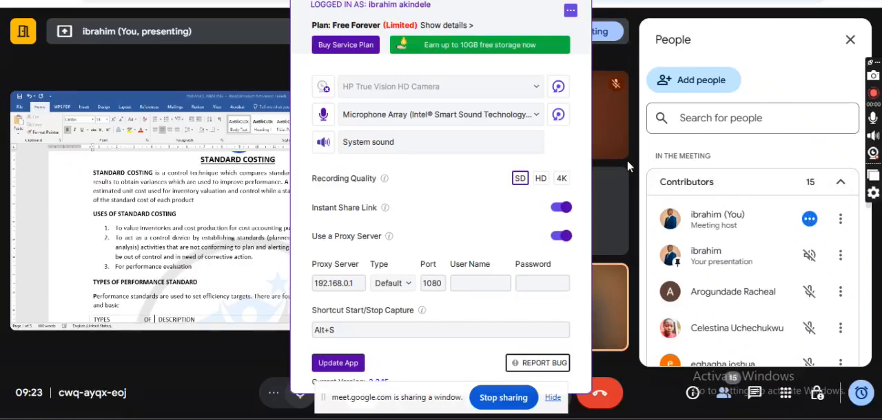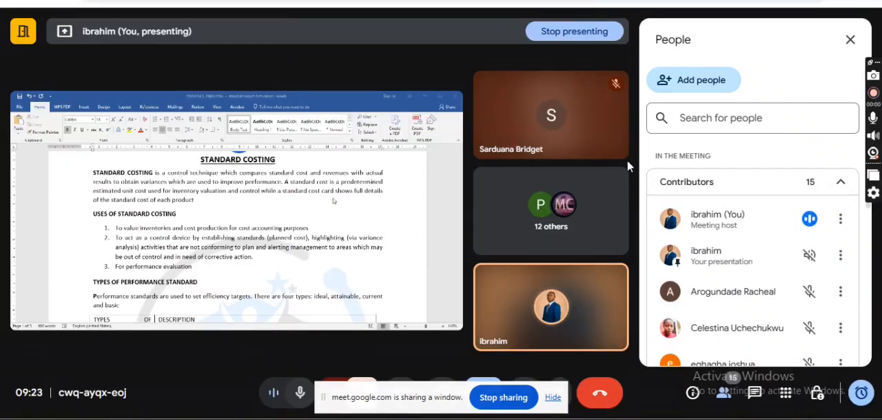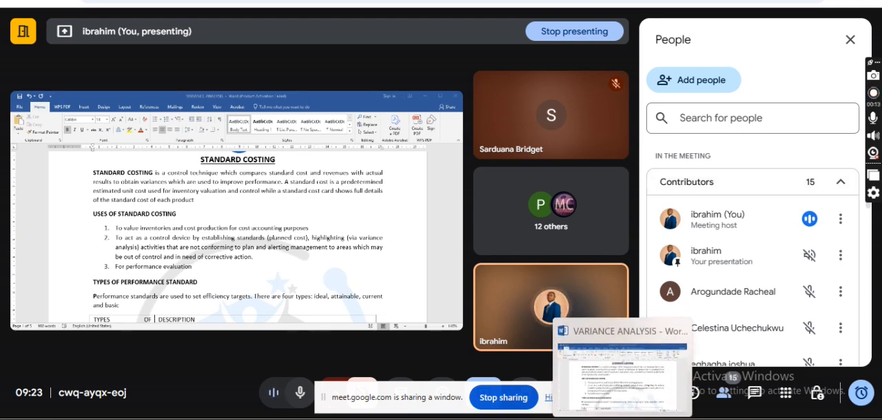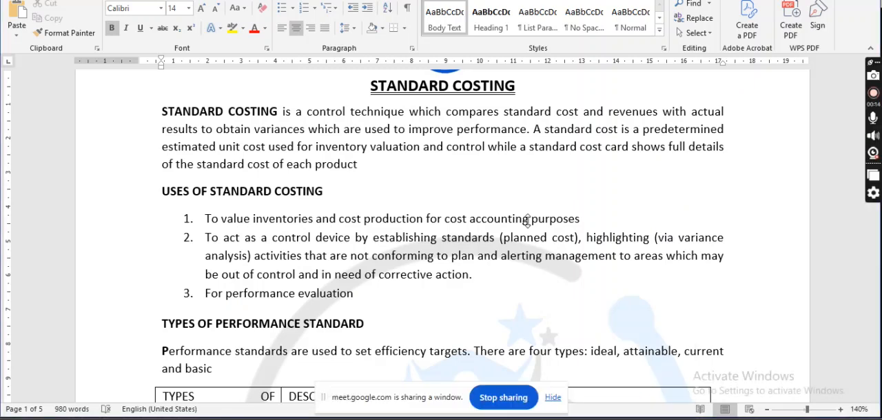So welcome to another edition of performance management. This will be our last lecture this week. Hopefully we can round up our variance analysis. So in today's class, we'll start with the definition of standard costing because you need to understand what is